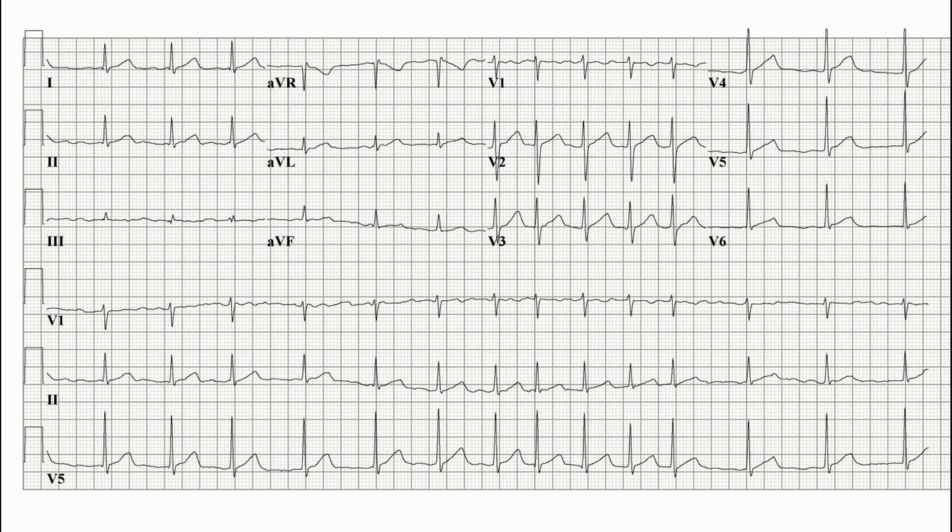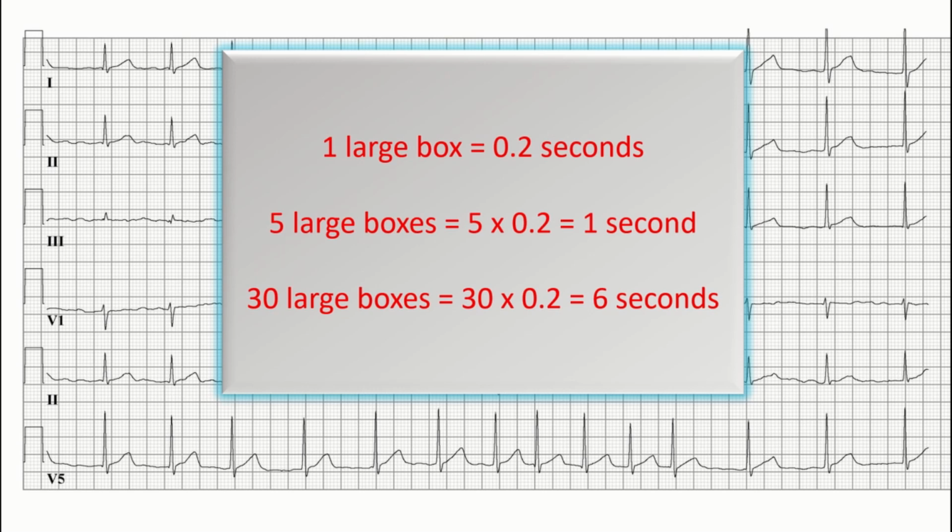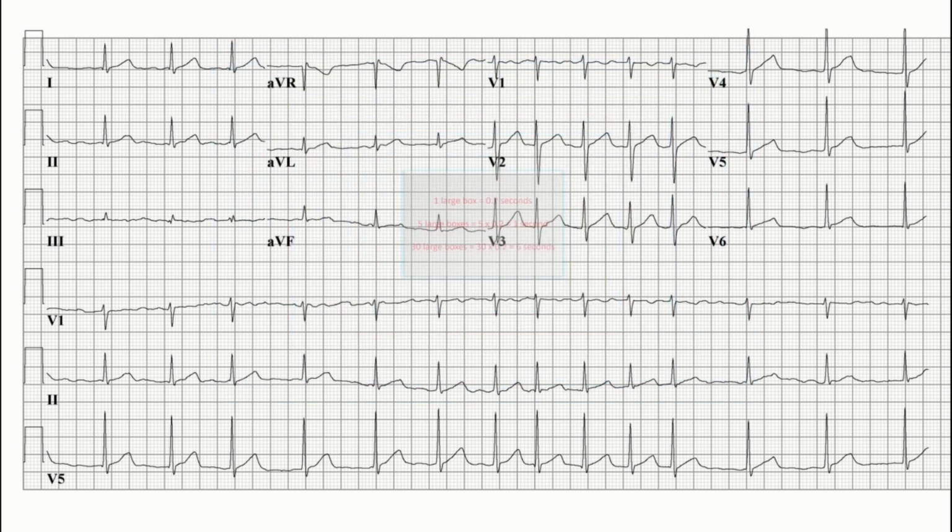For this method, just remember a rule of thumb. In an ECG, one large box is equivalent to 0.2 seconds. So 5 large boxes are equivalent to 1 second and 30 large boxes will be equal to 6 seconds as shown here. There are 3 rhythm strips in this ECG and we can use any one of them as they have exactly the same timings for all events. First of all, we mark the 30 boxes over one of the rhythm strips. We can start from any place.